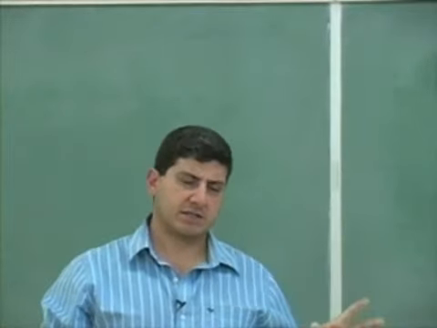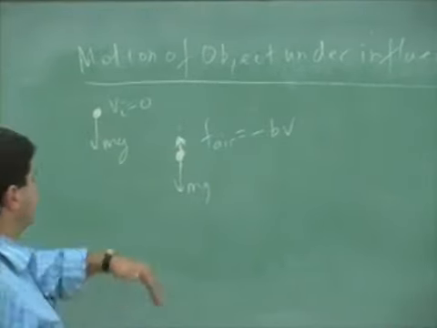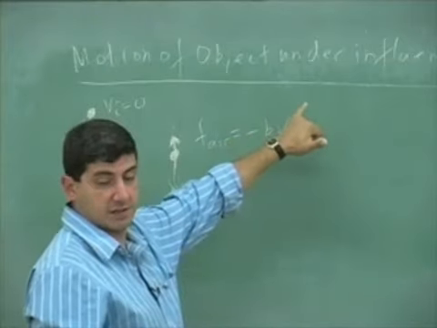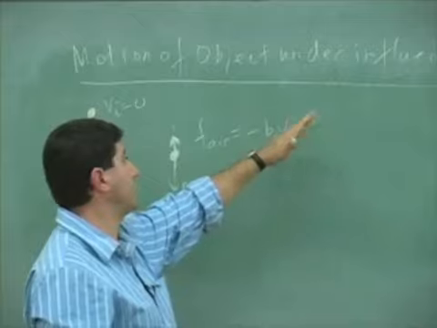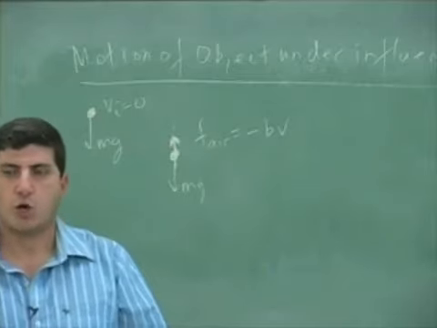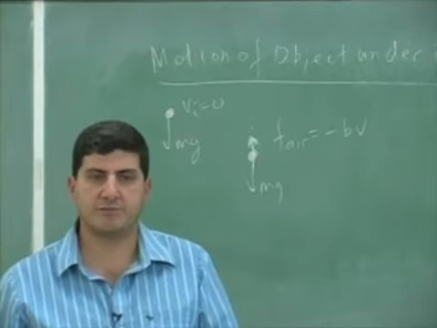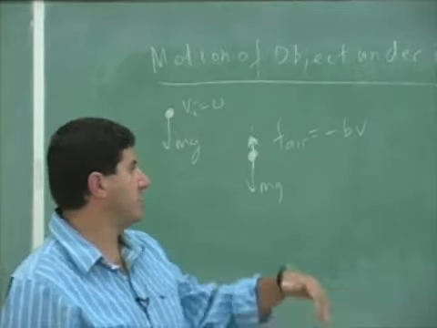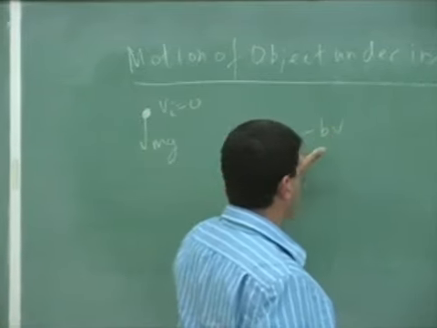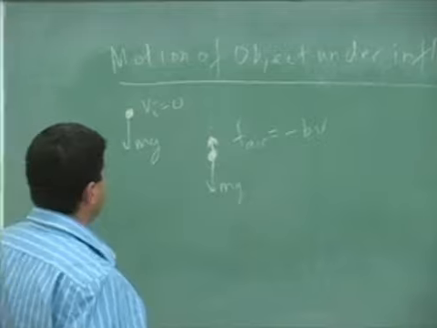Now, it depends on the kinds of air friction. This is an approximation. Some depends on the situation, but some kinds of air friction also could depend on the square of the velocity. Or it could be somewhere between linear and square. So it's not a hard and fast rule that all kinds of air friction are always linear. But we do know that it has some dependency on velocity. So in here, we're going to assume that it's a linear dependence. The faster you go, twice the air friction. Three times the faster you go, 3 times the air friction. It's a linear dependence.